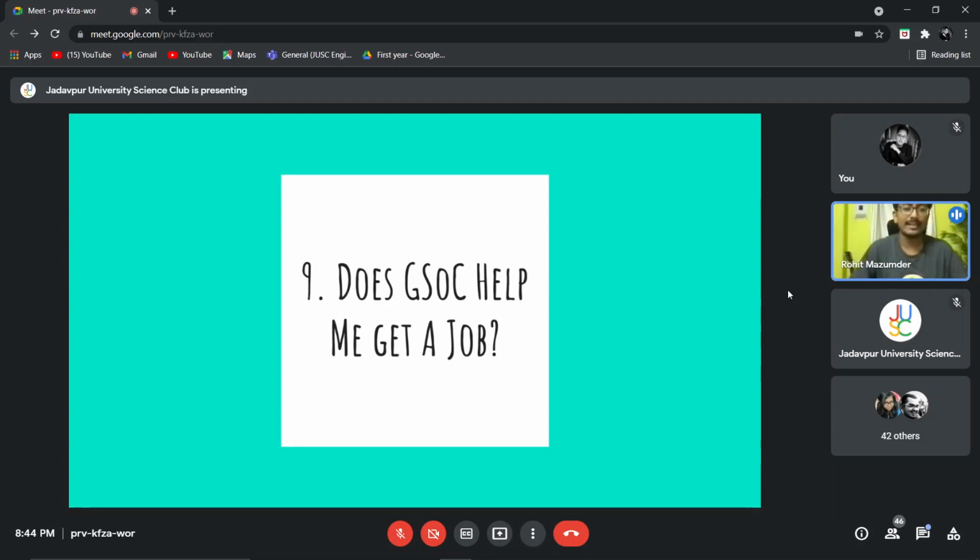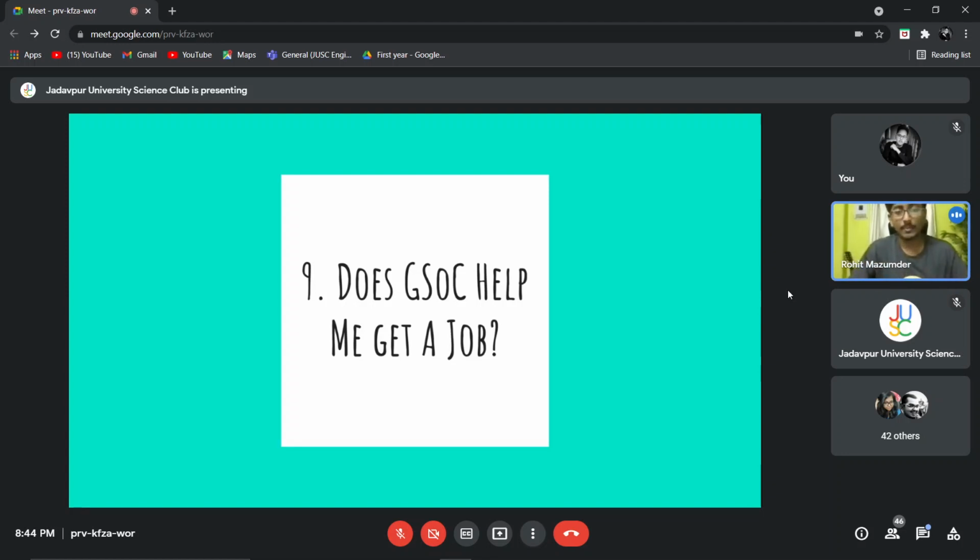And the third thing is that, as I said before, if you crack Google Summer of Code completely, you will get a referral at Google. So yes, you can directly apply for a job at Google, and you can directly sit for the interview, but even after you sit for the interview, the questions are not going to be based on your GSoC project. They're going to be based on data structures and algorithms.